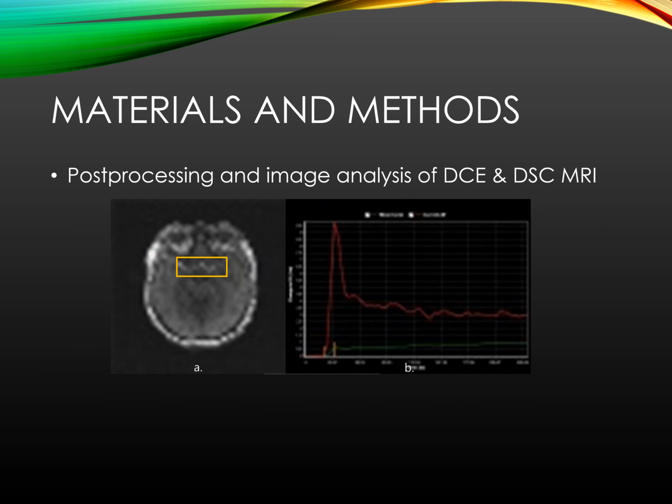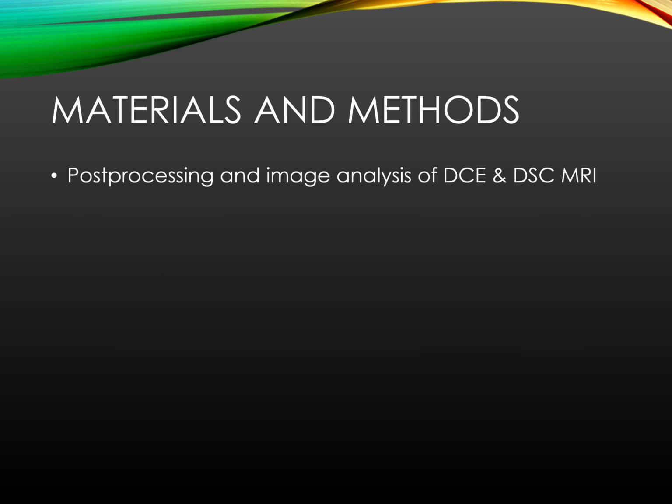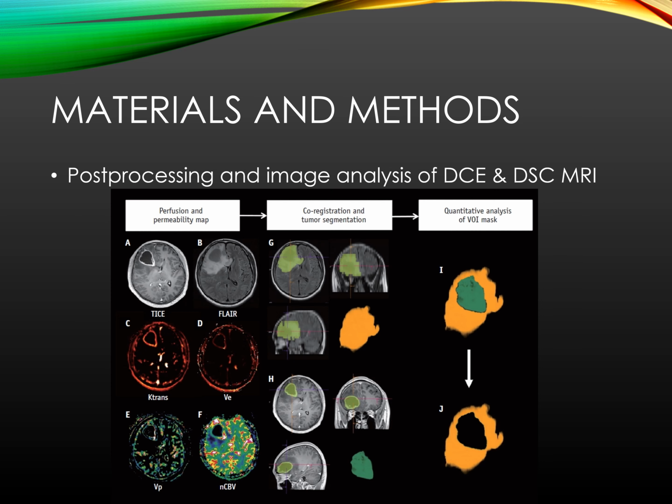This figure illustrates the schematic diagram of the image processing. Two reviewers manually determined the arterial input function, AIF, by locating an ROI at the Circle of Willis or distal ICA that produced the best fitting AIF curve and concentration time curve. Afterward, the K-trans, Ve, Vp maps of DCE MRI and normalized CBV map of DSC MRI were computed and co-registered with the contrast-enhanced T1 weighted image and FLAIR images.